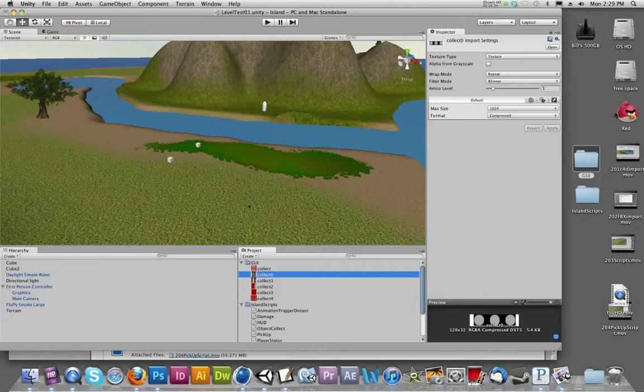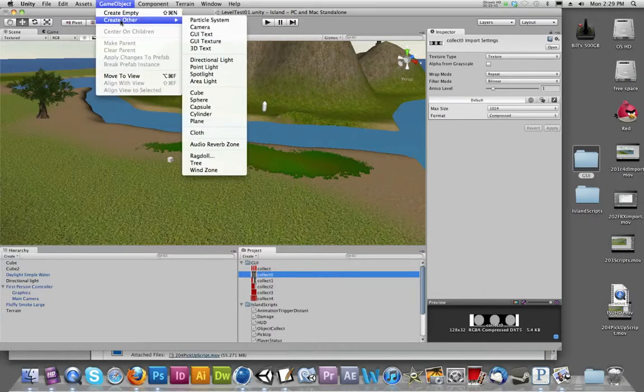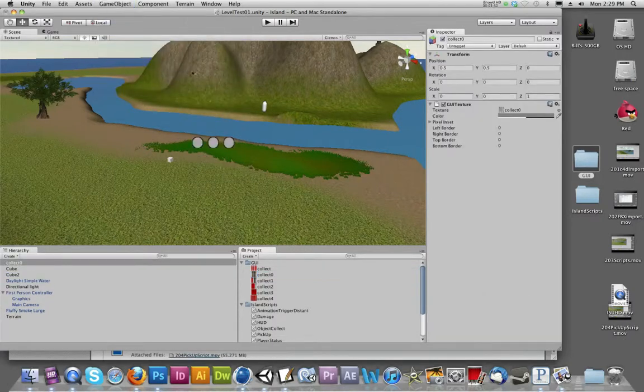And the way that I can activate this is with collect 0 selected. I want to establish a heads-up display component, and I can do that by going to Game Object, Other, and I'm going to create a GUI texture. And when I do that, I get this object inside the hierarchy that adopts the name of the graphic that I've selected, and it also places the graphic on my screen. Now, if I hit the play button,